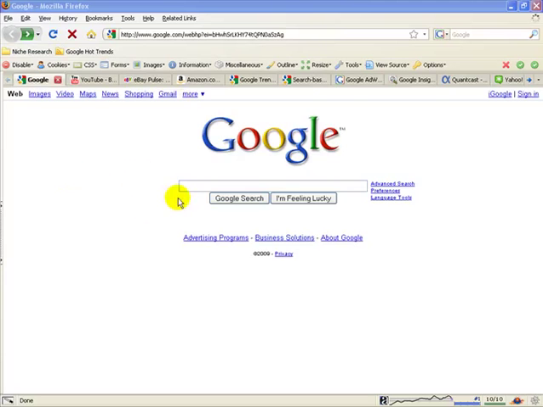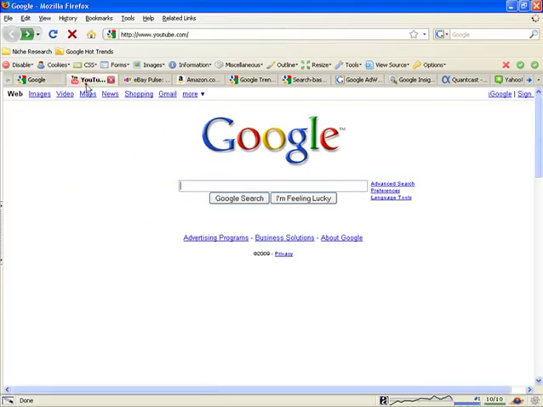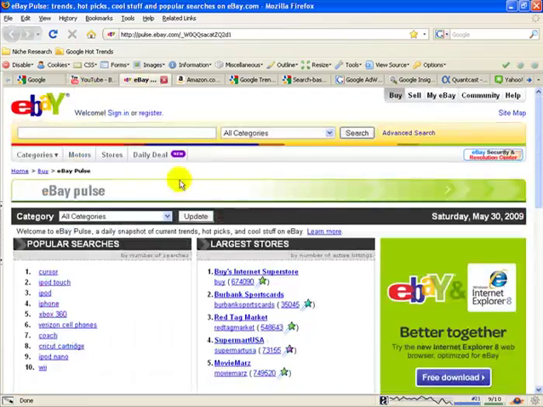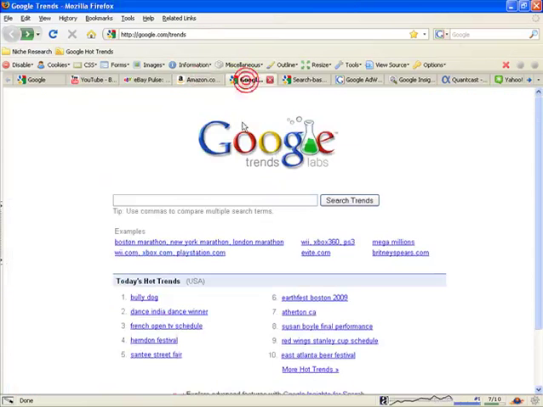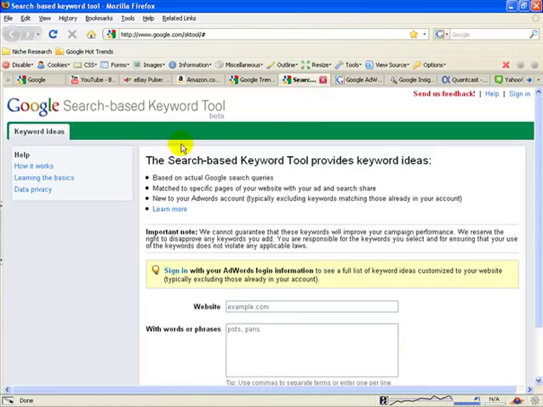First of all, I've got the basic Google page. I have YouTube, eBay Pulse, or actually you can get that at pulse.ebay.com. Amazon, which is great for idea generation. Google Trends shows you what's happening in real time within the industry. We have the new search-based keyword tool from Google. You can get to that from